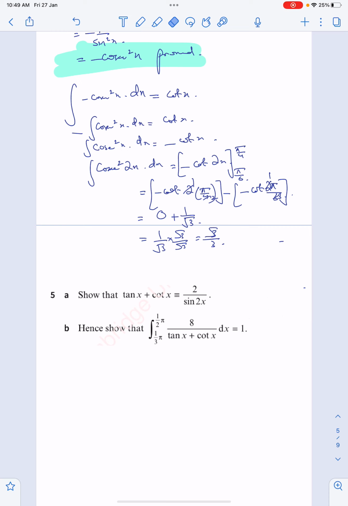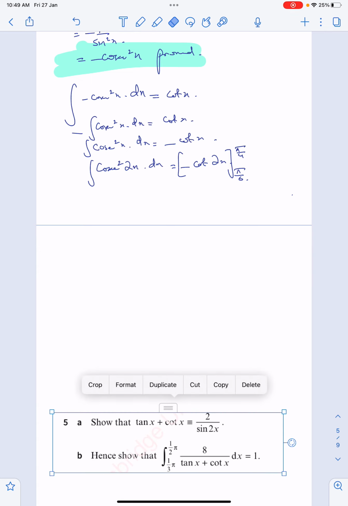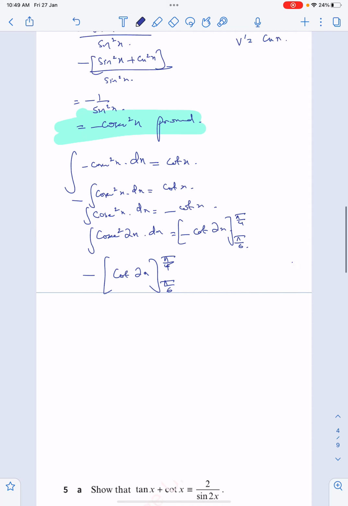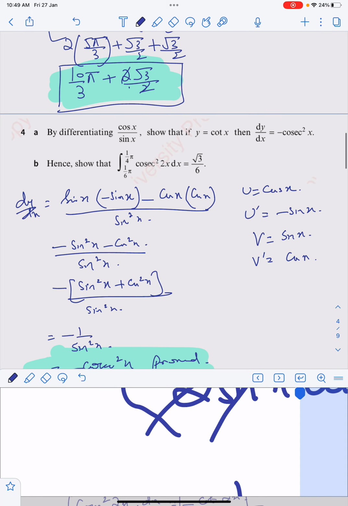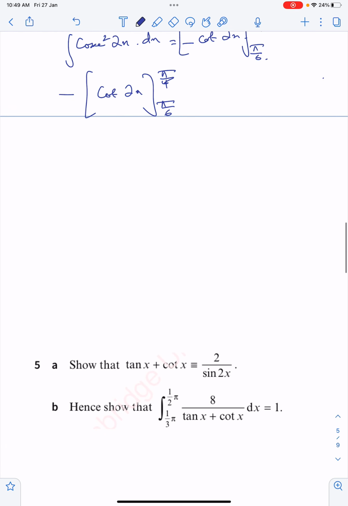From here I'm going to start with it. Once again, applying the boundaries. If I keep minus outside cot of 2x, I have to apply the boundaries of pi by 4 and pi by 6 on cot of 2x. Fine. Minus outside,